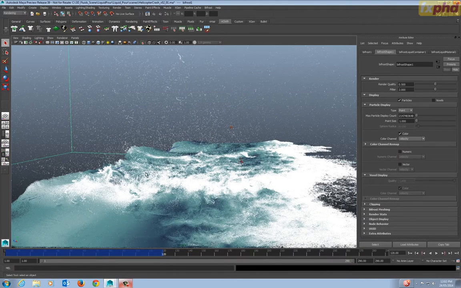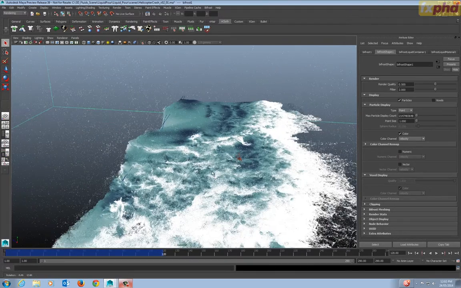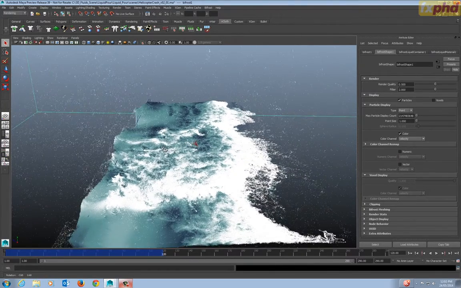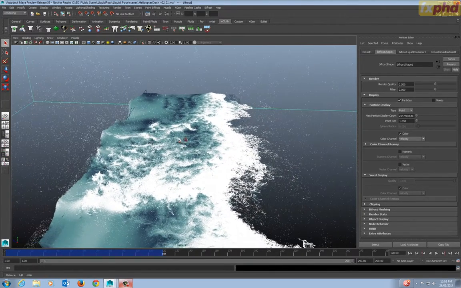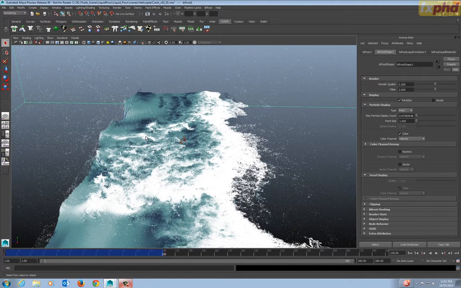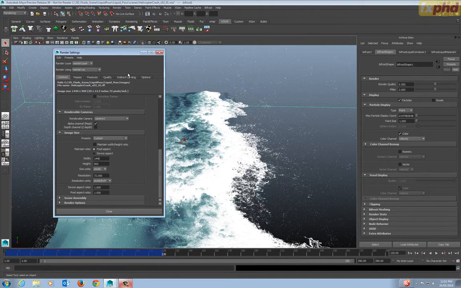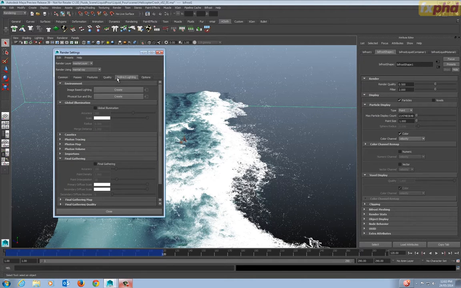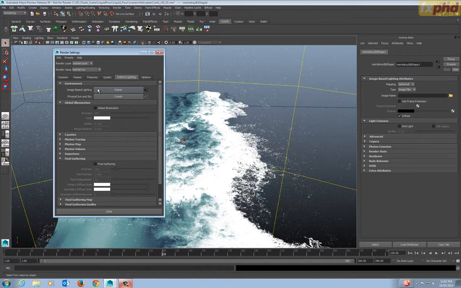So we're going to start setting up the render settings for this simulation now. I've just set the resolution in the render settings dialog box to be 1440 by 900, and I'm going to load in an image-based lighting HDR sphere to light this scene. With rendering water, it's important that you have the color underneath the water,